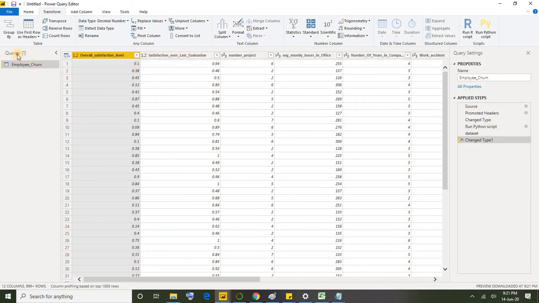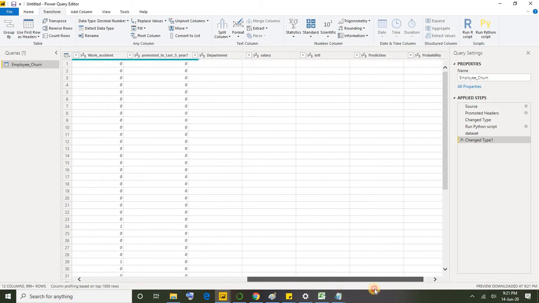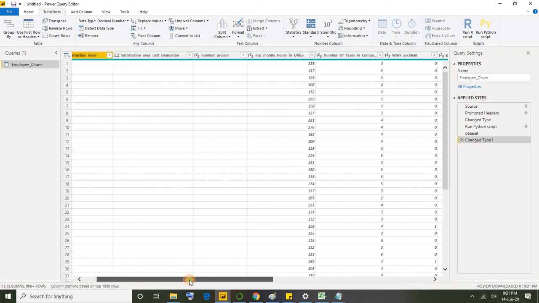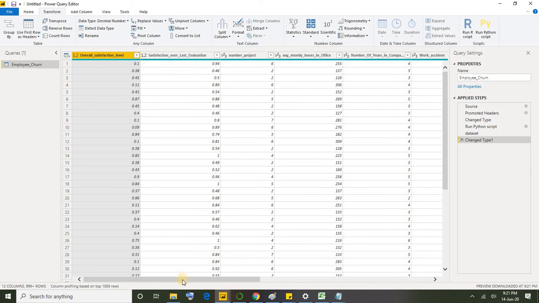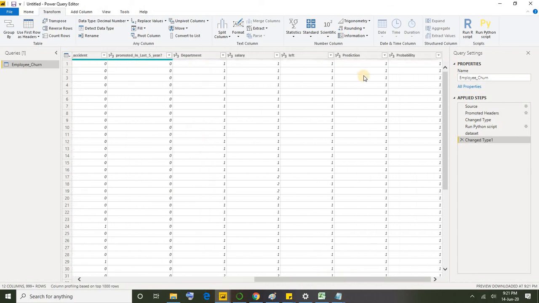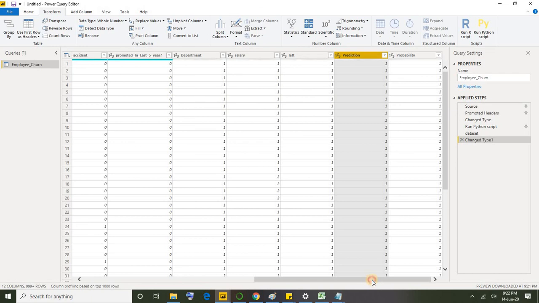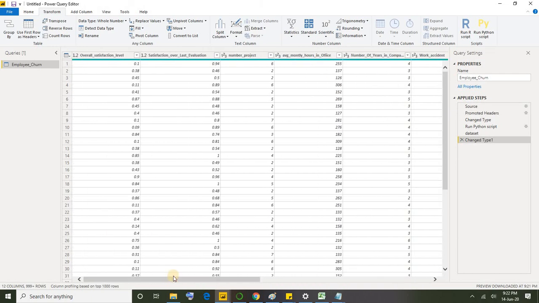Another thing I forgot to show you, the dataset that I put into Power BI has employee ID and department underscore 1. I did not remove those columns because we already wrote the Python script here to drop unwanted columns, so our Python script will take care of that. Now if you observe this result, we don't have those unwanted columns. We have only the input variables that we passed, and also the outcome that we got from the model. So we are done with our machine learning development here in Power BI.